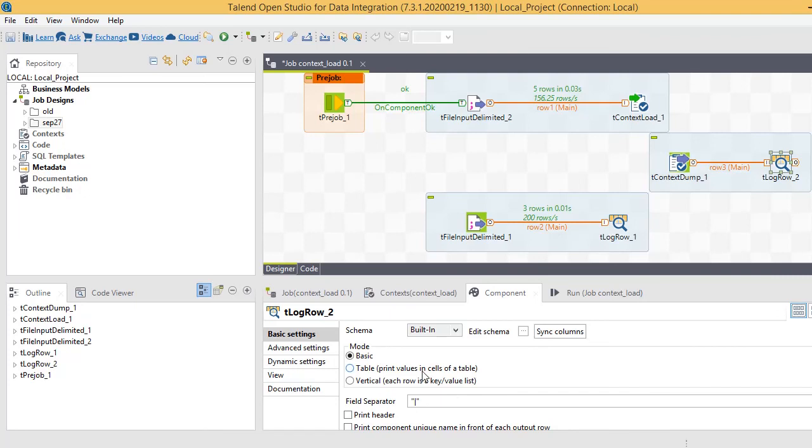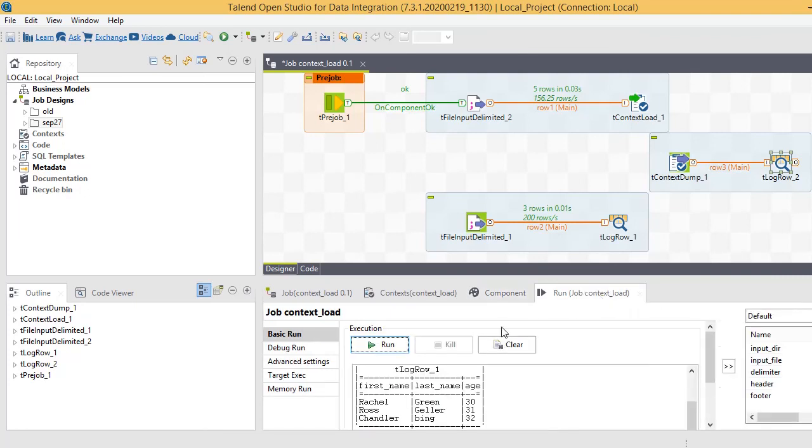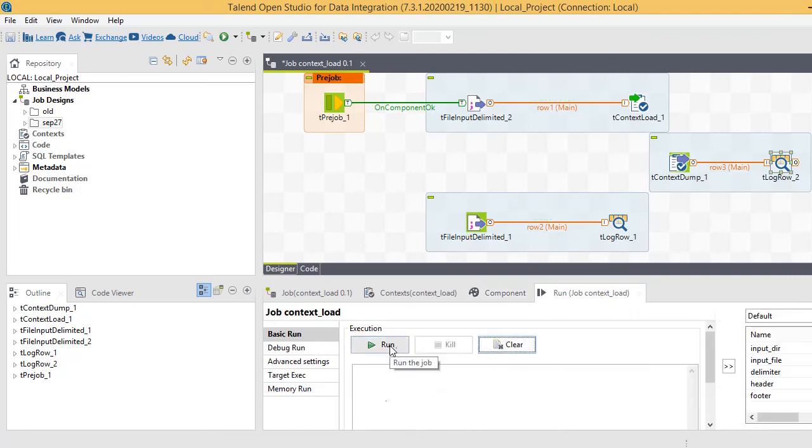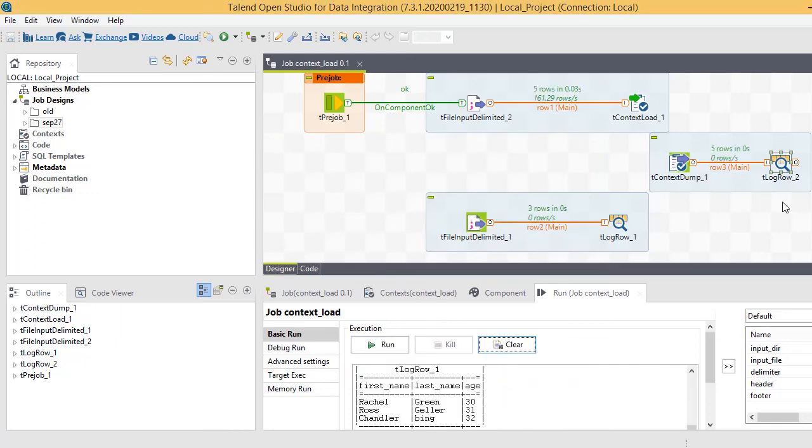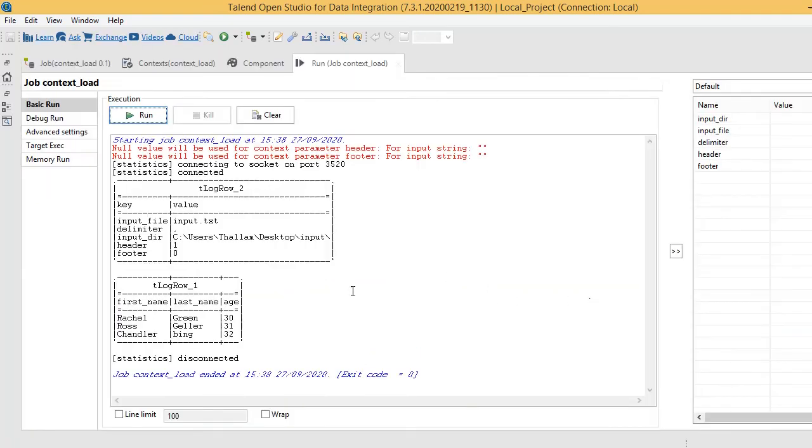Let's select table. So if we run the job, it will show you what values are assigned to each context variable in the job. If you see here, input file value is this one and delimiter is this and all other values also.